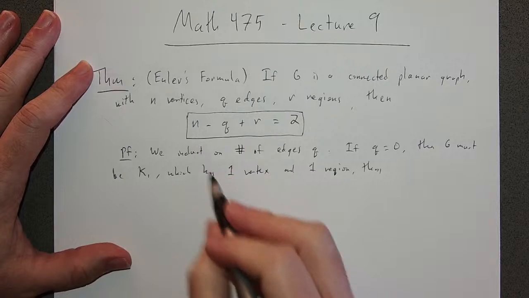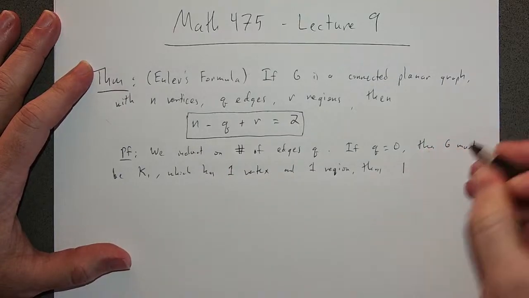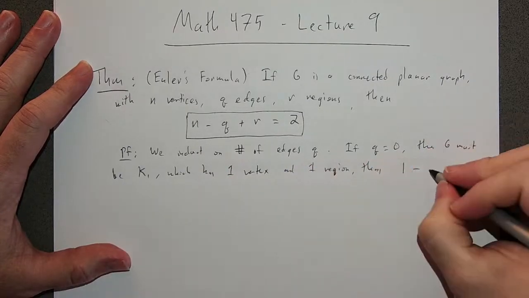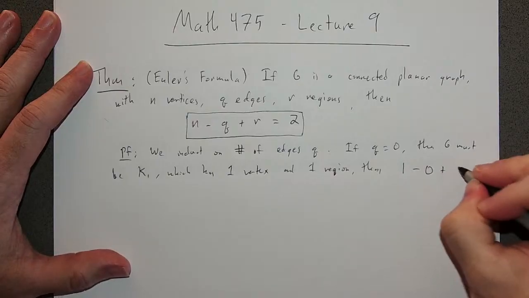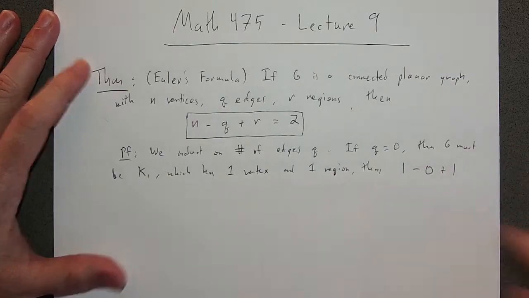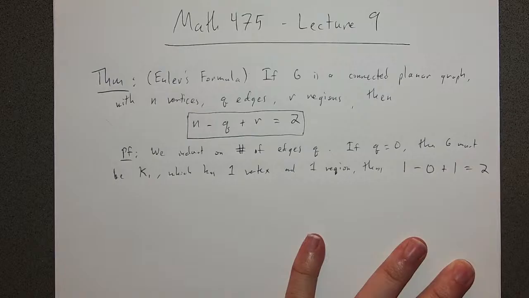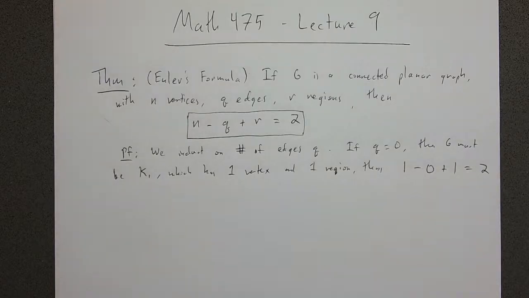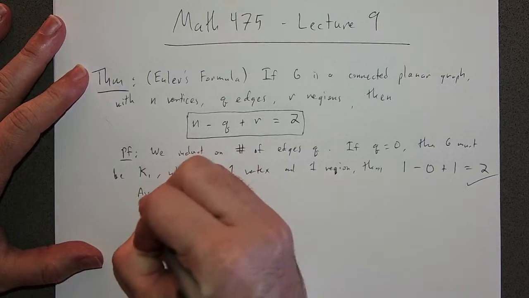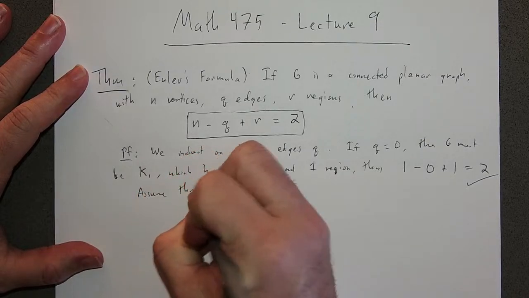Thus, the number of vertices minus the number of edges in this example plus the number of regions is still 2. So the formula is true in our base case with 0 edges, right? So assume the result is true for all connected planar graphs with fewer than Q edges, and assume that G has Q edges. So assume the theorem is true